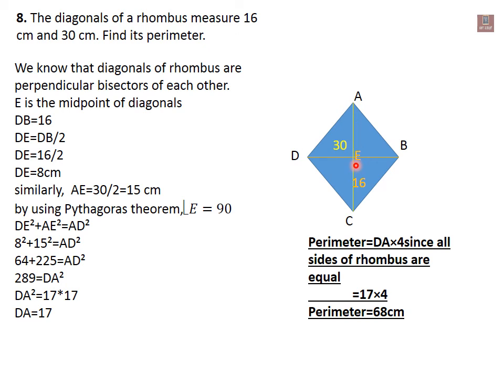If this forms a right angle triangle, we can make use of Pythagoras property. So, get only one side. That is sufficient. Okay, this is 15, this is 8. So, making use of 15 and 8, find the value of AD. Okay, then because perimeter is 4 times each side, so 4 times 17 you have got here. So, 4 times 17 is 68 centimeters.